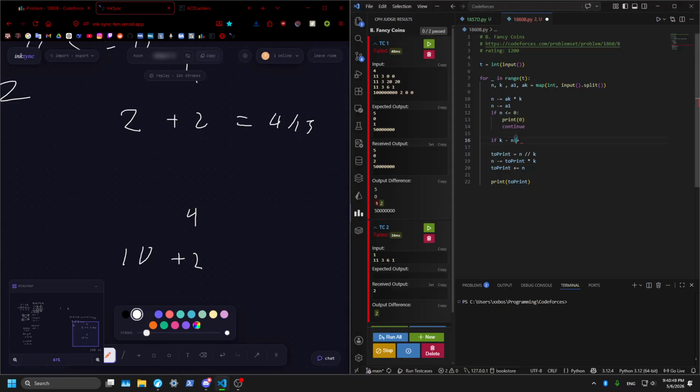So it would be n mod k is how much we should add back. If that number is greater than